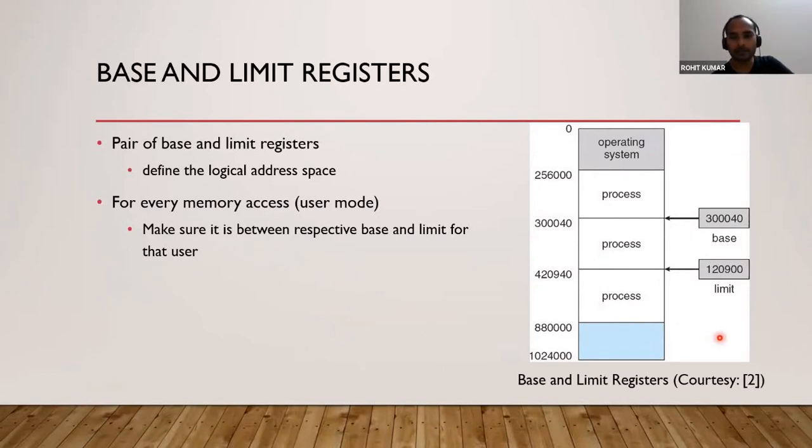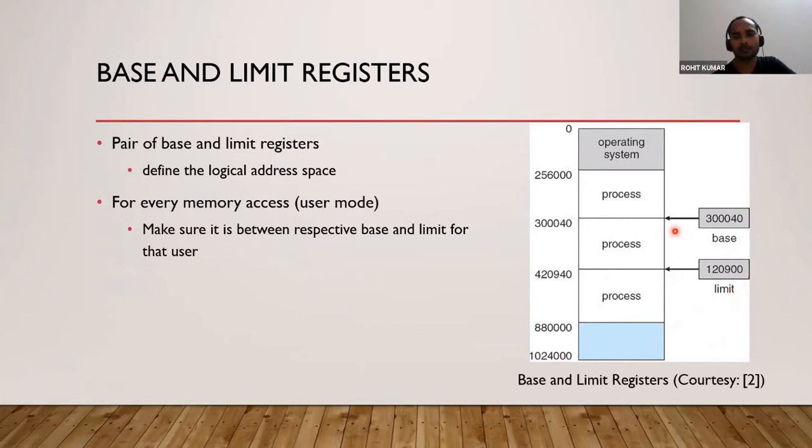Okay, there is a base register inside your system. It is supposed to be named as something else, or it is just for layman understanding. They have named it like base or limit. But obviously inside the system, names might be different. For example, the address of the next location is supposed to be handled by the program counter, not by some random register. Similarly, there might be some other register taking the limit, but the concept is this, that one base register is there, one limit register is there.